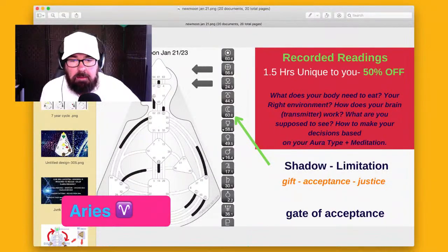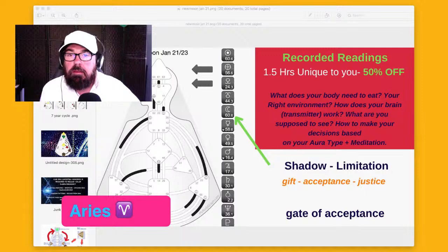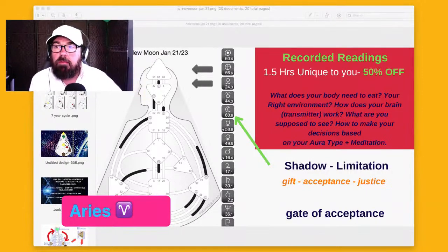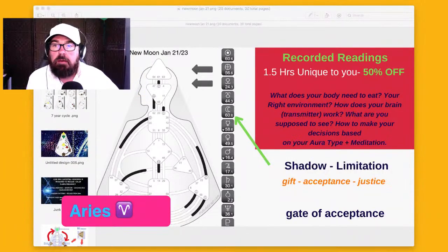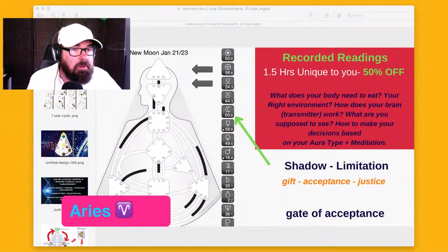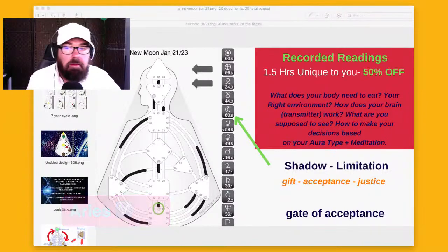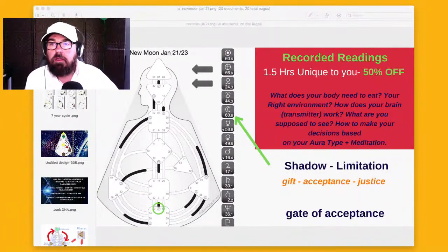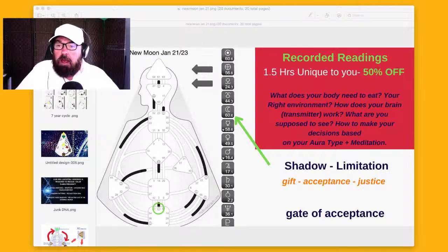And then make me a little bit smaller, move me over there. Okay, so this is the new moon. Whoops. Overlays here. Okay, there we go. We're not ready for astrology yet for the signs.